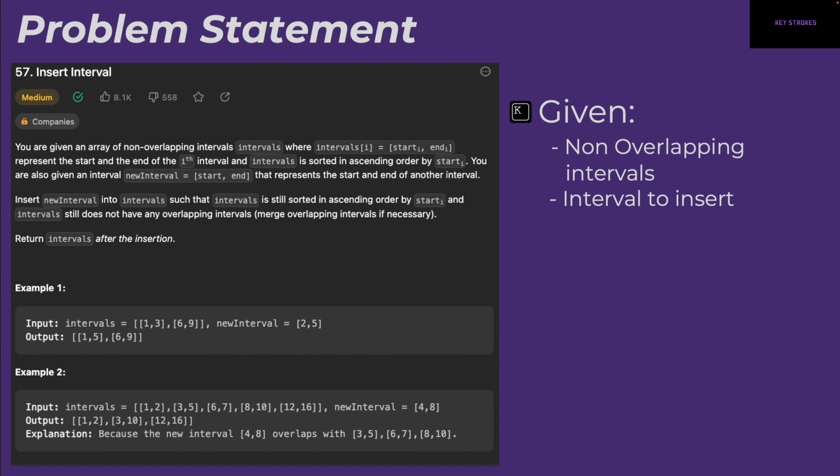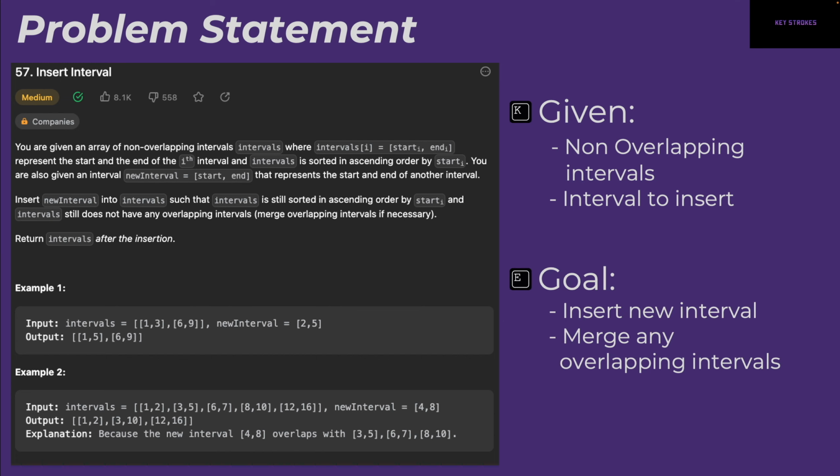We are given an array of non-overlapping intervals which have a start and an end value, and they are sorted in ascending order by their start values. We are also given another interval which has a start and end value, and we need to insert that new interval in the given array of intervals, and we need to make sure that after insertion the intervals are still